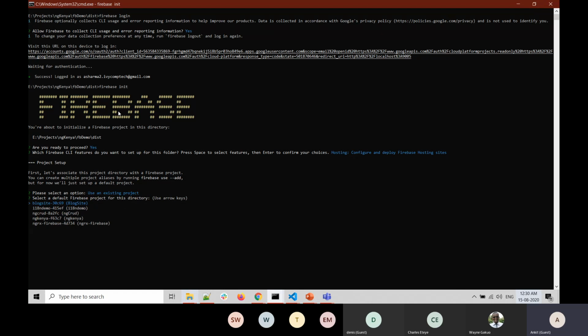Once you click on use an existing project, it will give the list of all the projects present in your Firebase account. Here you can see the NG Kenya project, which we created at the beginning of this session, is also present. Select that, press enter. Once it is done, it will ask a set of questions. What do you want to use as your public directory?